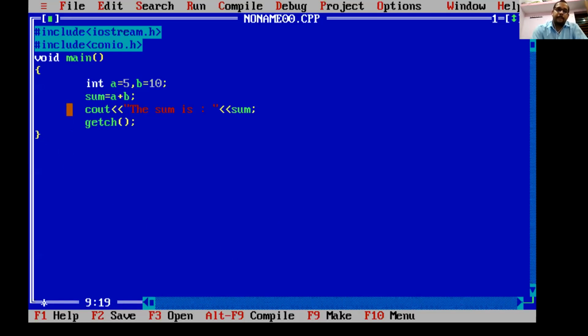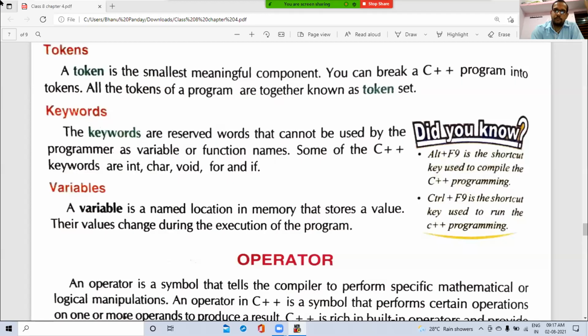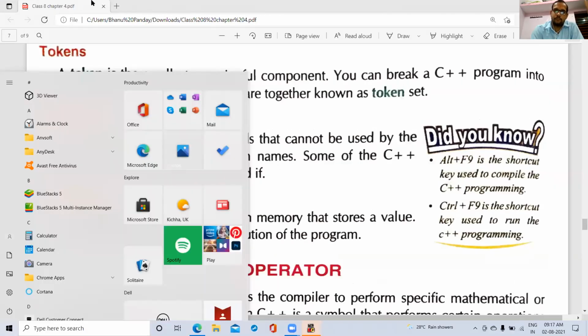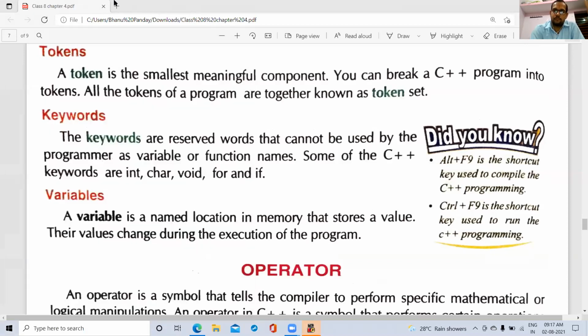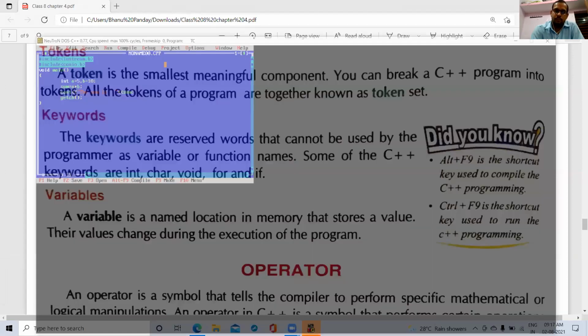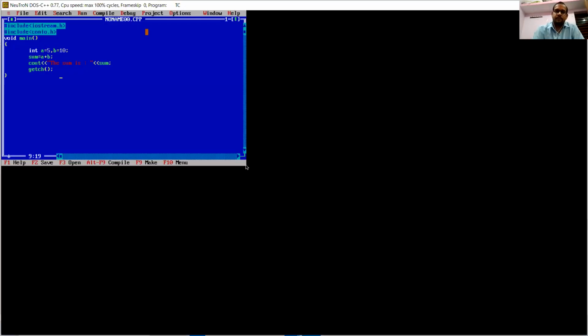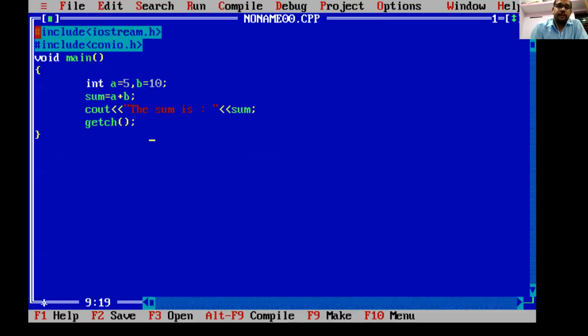Now look here, this pound sign, this is called hash symbol. This hash symbol comes under punctuator. This angle bracket comes under punctuator.